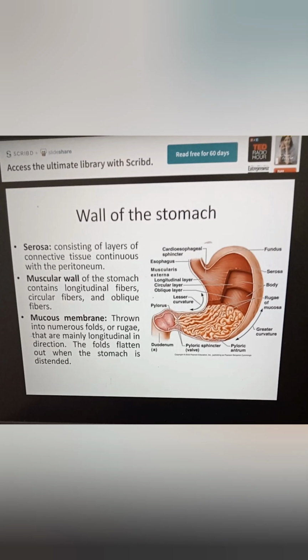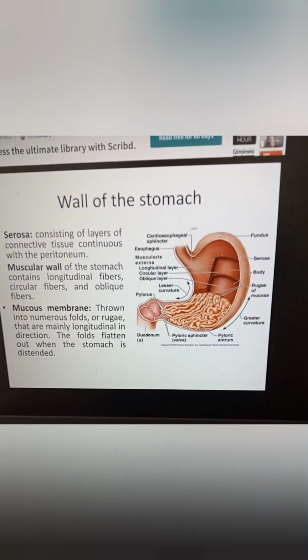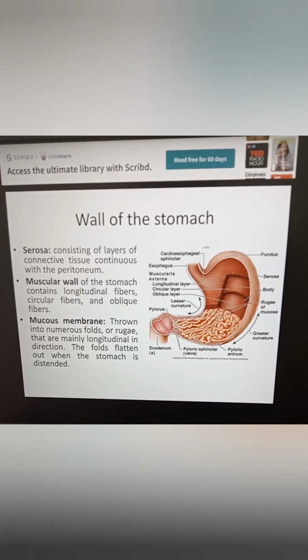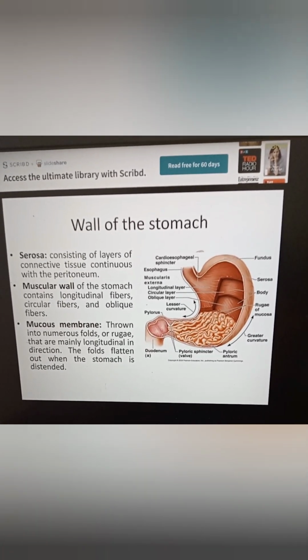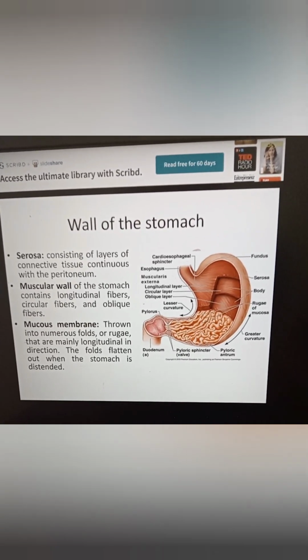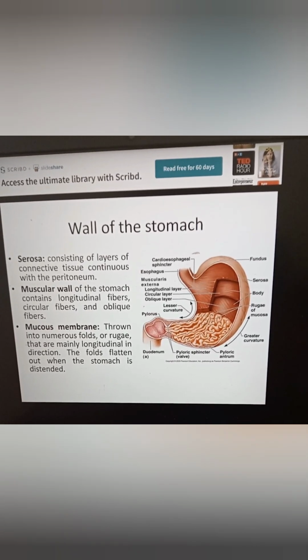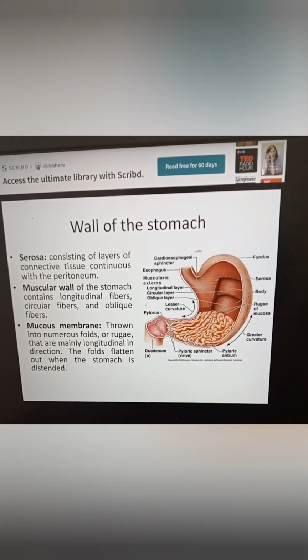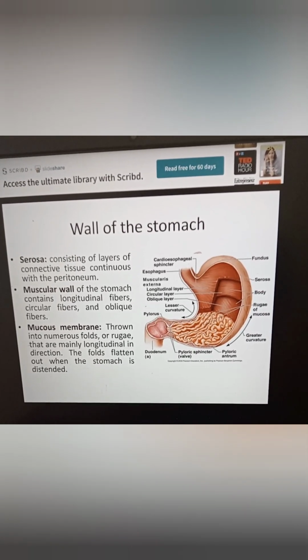The innermost layer is called the mucous membrane. So there are three layers of the stomach wall: the outermost serosa, formed with the peritoneum; the middle muscular wall, having longitudinal, circular and oblique fibers; and innermost